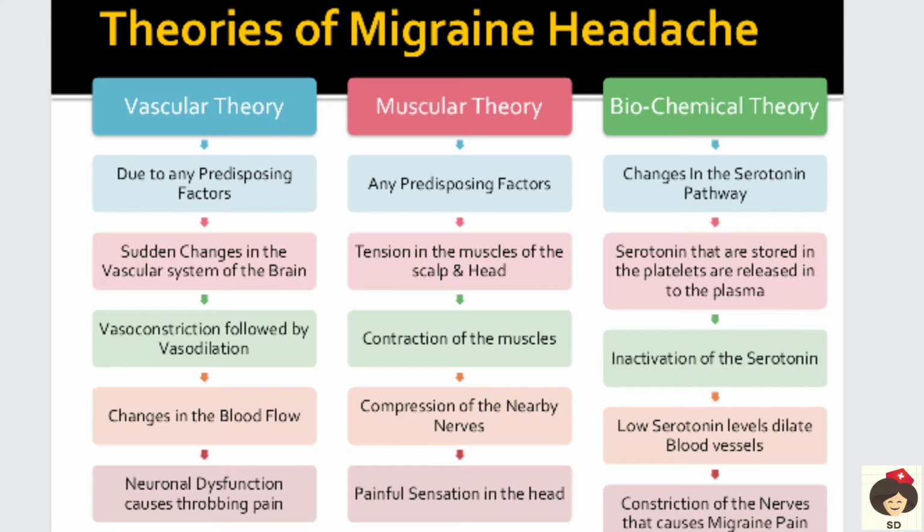So that is the vascular theory, which suggests the patient may have a migraine headache. And next is the muscular theory. The muscular theory is almost like a tension type of headache, where predisposing factors cause tension in the muscles of the scalp and the head. When any factor is causing tension in the muscles of the scalp and head, there will be